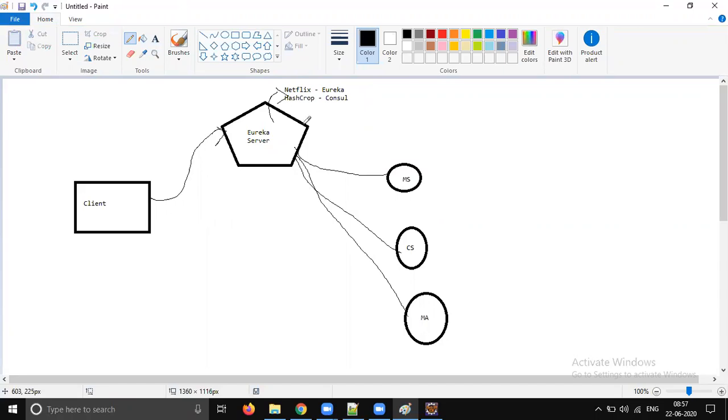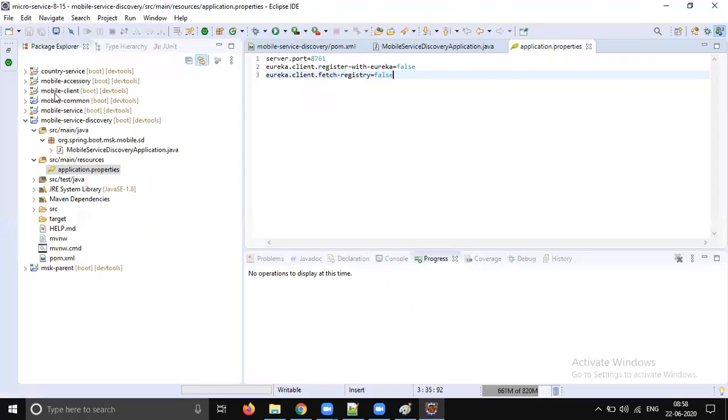This concept itself is service discovery. Eureka is with respect to Netflix, and all of these have to be registered as clients in the Eureka server.